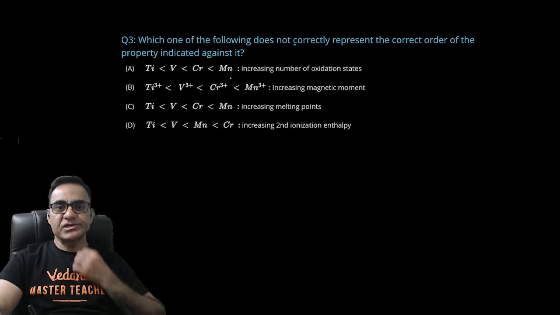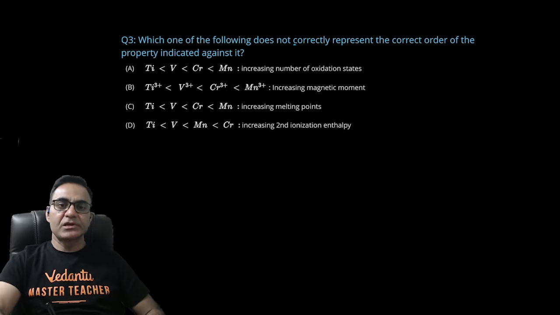देखो, नंबर ऑफ ऑक्सीडेशन स्टेट की बात करें तो टाइटेनियम एक्चुअली सबसे कम ऑक्सीडेशन नंबर्स रिप्रेजेंट करता है। मैग्नीज में तो बहुत सारी ऑक्सीडेशन स्टेट, लाइक +2 से लेकर +7 तक, क्रोमियम में भी +2 से लेकर के +6 तक, वेनेडियम में भी +5 तक की ऑक्सीडेशन, वेनेडियम 3, वेनेडियम 4, वेनेडियम 5, ये सब एक्सिस्ट करते हैं। तो ये जो ऑर्डर लिखा हुआ है ये एकदम करेक्ट ऑर्डर लिखा है, आंसर नहीं होगा, डज नॉट बताना है आपको।